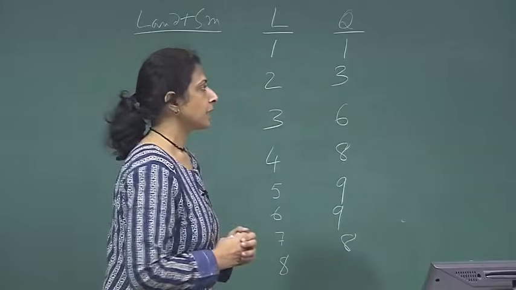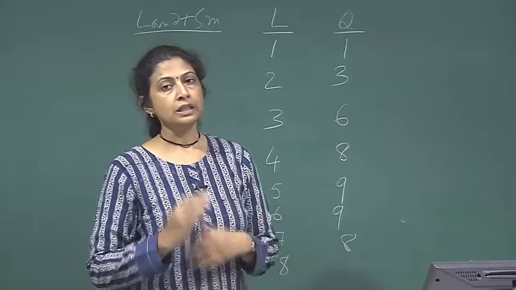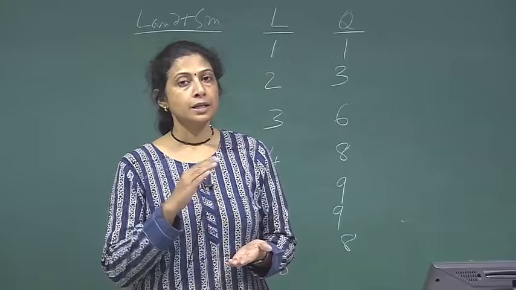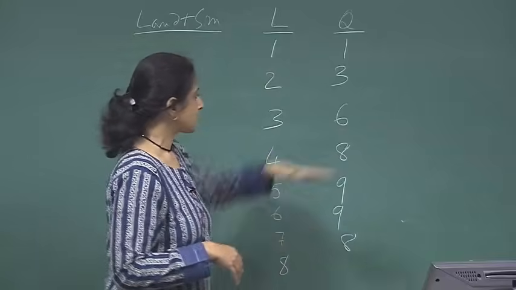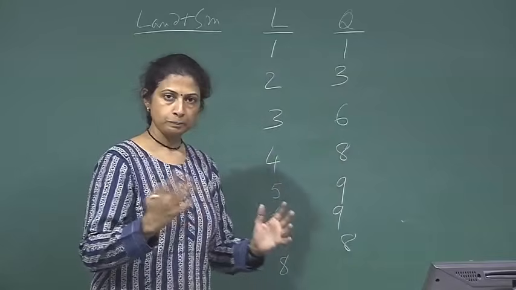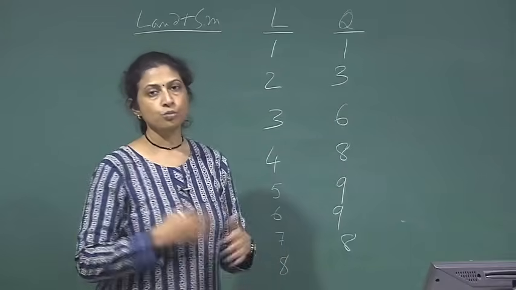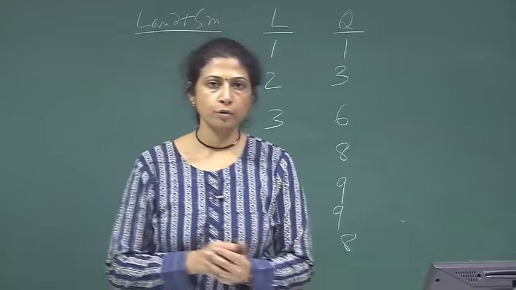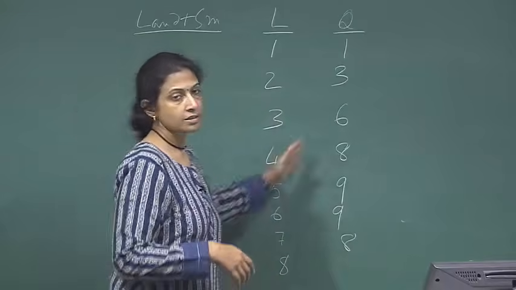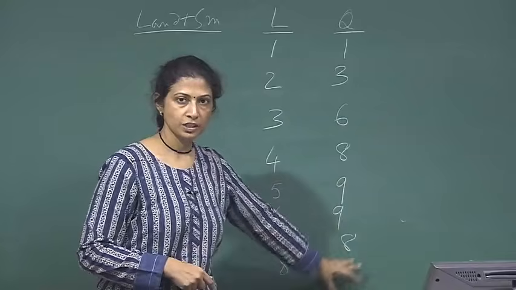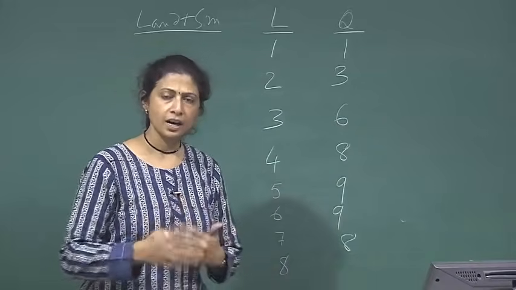So they will probably not be able to increase the output any further. On the contrary, it may well happen that since the room is getting very crowded, with too many people, and as they say, too many cooks spoil the broth, similarly too many tailors are probably creating a mess over here, and that is why the output is actually falling. So this is highly possible.